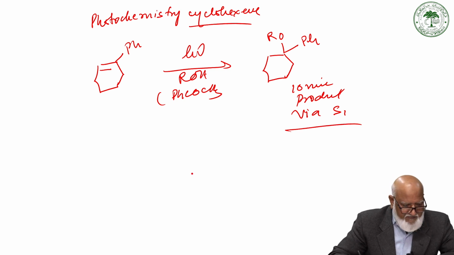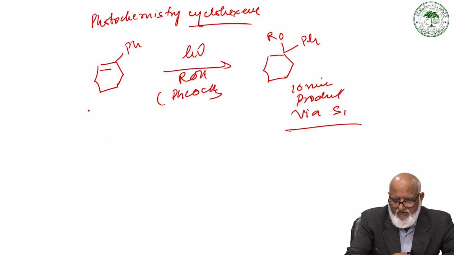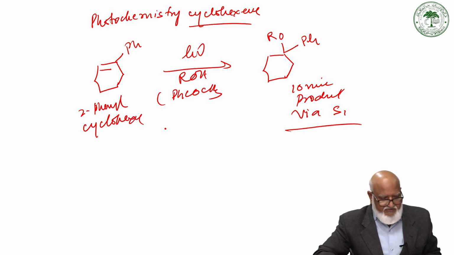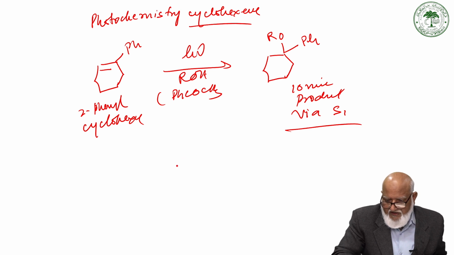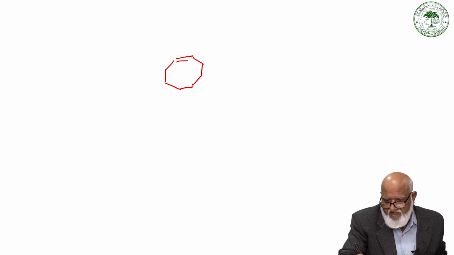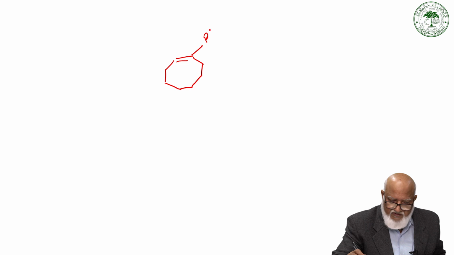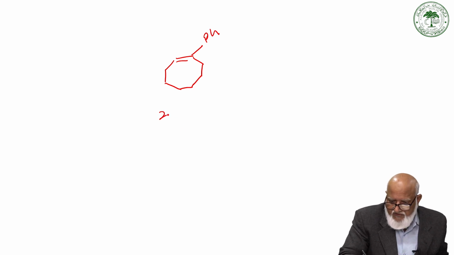This is the photochemistry of 2-phenylcyclohexene in protic solvent. Now if we have a larger ring system such as 2-phenylcyclooctene,